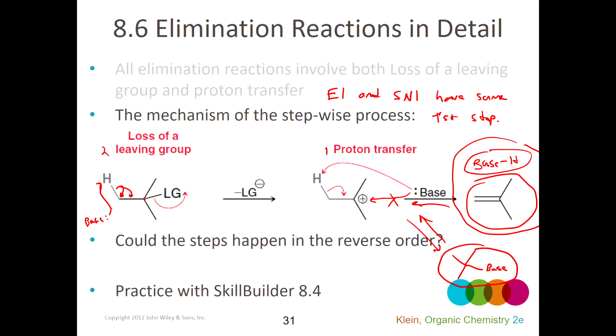Right? So if this proton gets picked up and these electrons swing in, it has to happen at the same time the leaving group's leaving. The leaving group can't leave in the second step. It has to happen in the first step. And so if the base is not involved in the first step, and the only thing that's happening in the first step is the loss of the leaving group, that's going to be the slow step, just like it was in an SN1. And the 1 here means that it's first order, right? Because only this reactant would be first order. Right? The rate